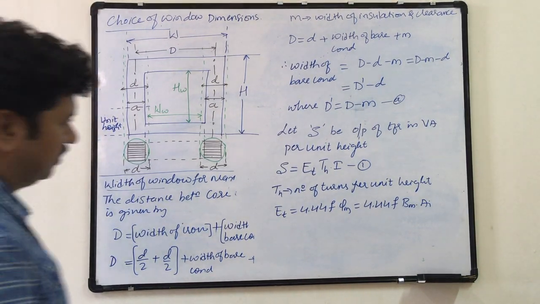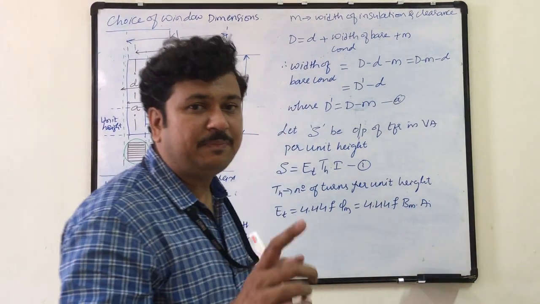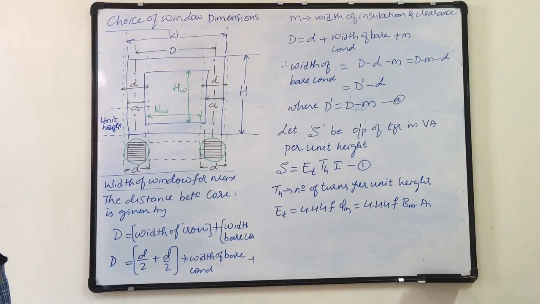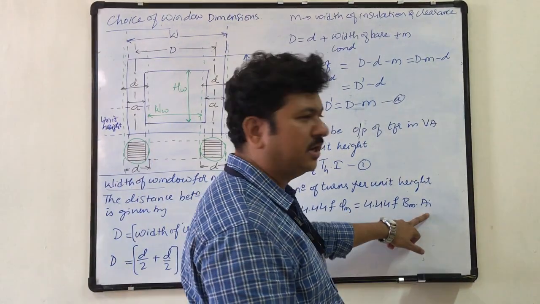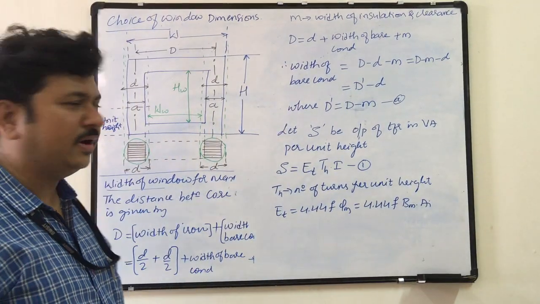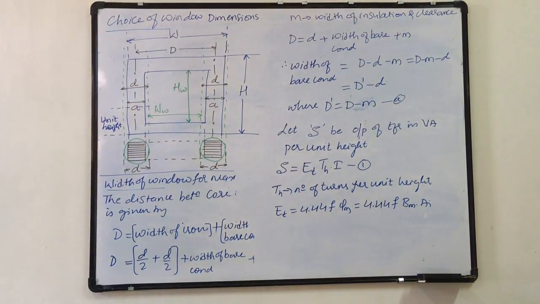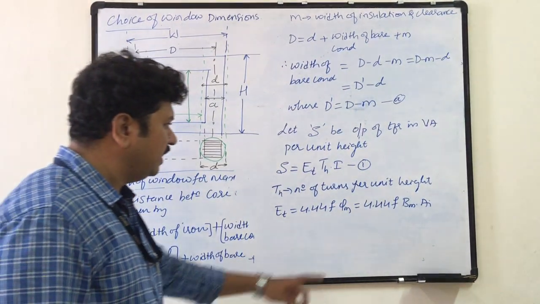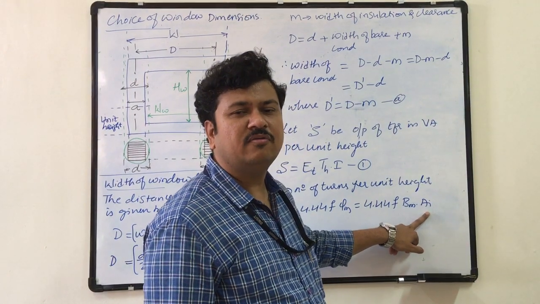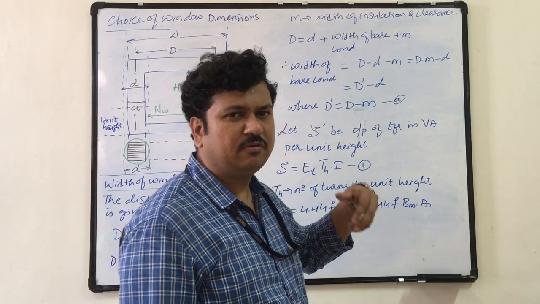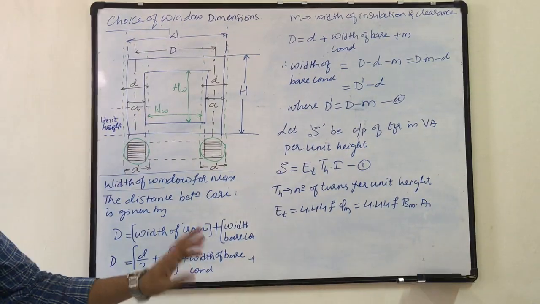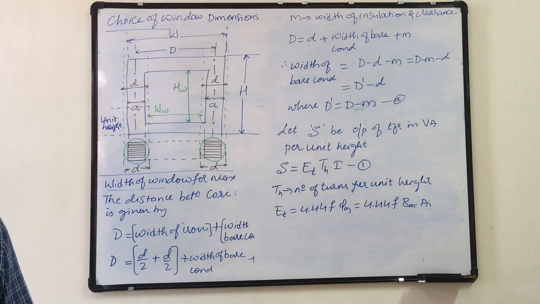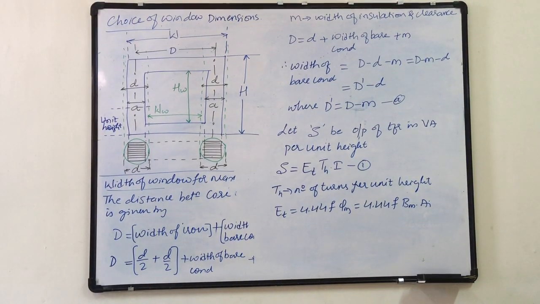So area of core, net area of core depends upon the type of the core section I use. So AI is equal to 0.45 d square for square core. AI is equal to 0.56 d square for two-stepped core. Area AI is equal to 0.62 d square for three-stepped core. 0.71 I think for four-stepped core, and so on. So this area AI depends upon the number of steps in the core multiplied by d square.